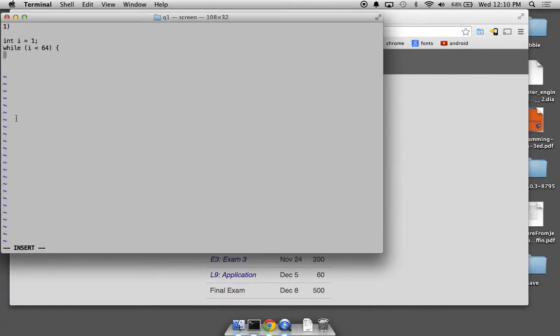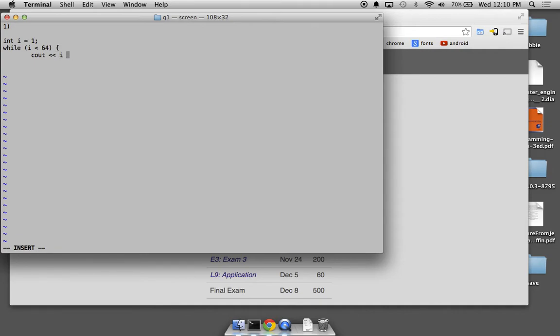All right. And so here we have a loop. So first we declare I, initialize it to 1. And then execution enters this loop, and there's a loop condition that I needs to be less than 64 to be true. So it's initially true. That means we go into the loop at least the first time. And so we'll see out